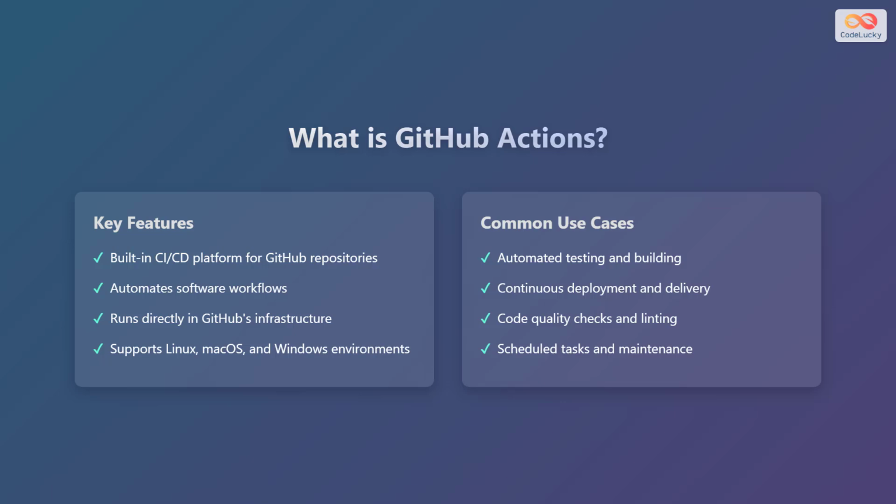So, what exactly is GitHub Actions? Well, GitHub Actions is a built-in continuous integration and continuous delivery platform directly integrated into GitHub repositories. It allows you to automate your software workflows, meaning you can automatically build, test, and deploy your code right within the GitHub infrastructure. GitHub Actions supports a variety of environments, including Linux, Mac OS, and Windows, making it versatile for